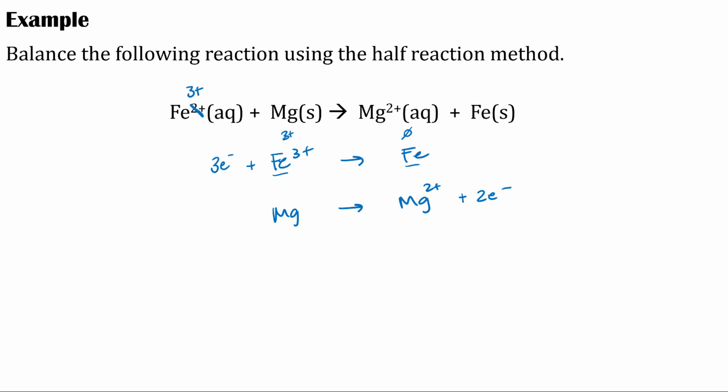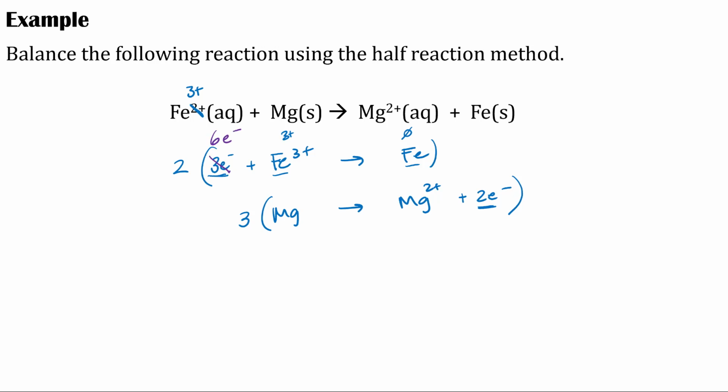Now, I have to multiply by a factor that will make those electrons cancel out. So if I have 3 electrons here and 2 electrons here, the common multiple between those two, which is the proper way to say it, is a 6. So I'm going to multiply this one by 2 and multiply this one by 3 to give me 6 electrons on both sides so that those electrons will cancel out. So that means that I would have 6 electrons,